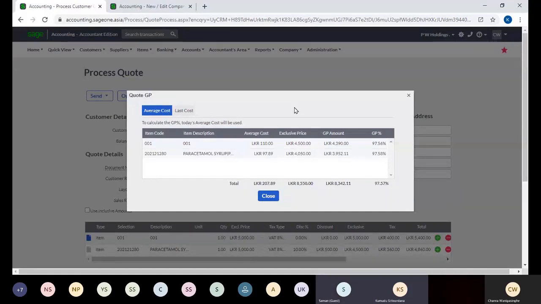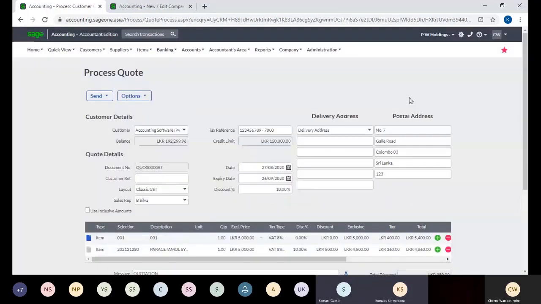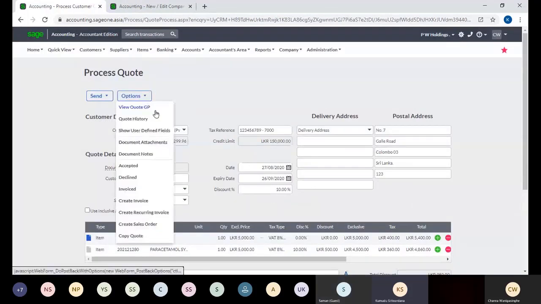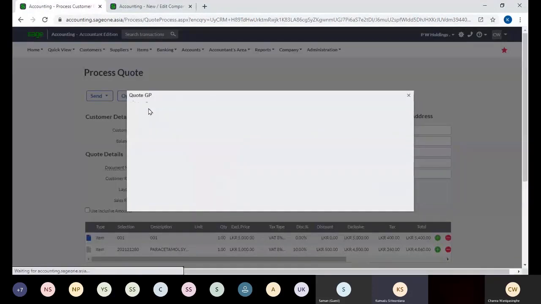What do we have to search? That quotation GP, gross profit. Sorry, no, we don't have it now. You can view your quotation gross profit. Go to options, view quote GP,